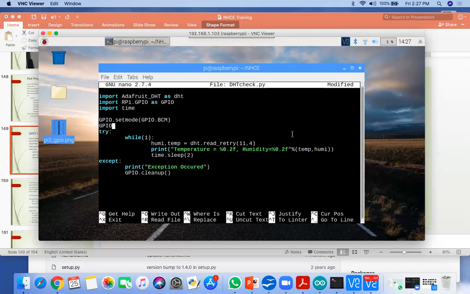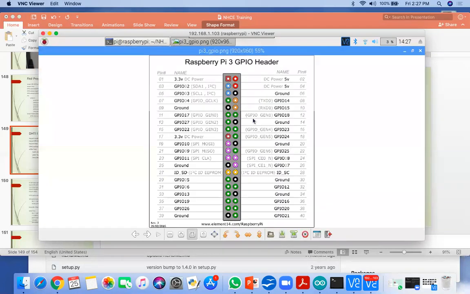We need GPIO dot setup here. Let me decide which pin I am connecting the LED to. I am connecting the LED to GPIO 18.